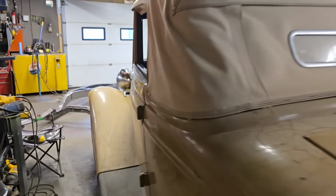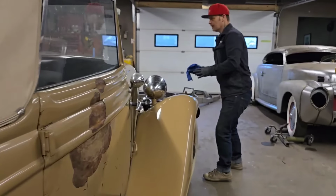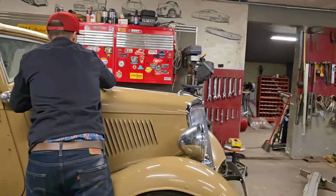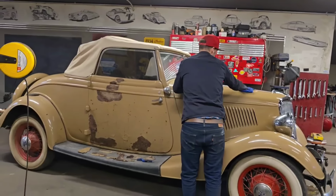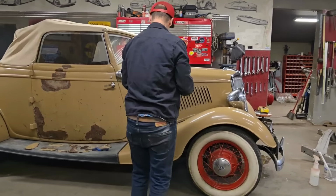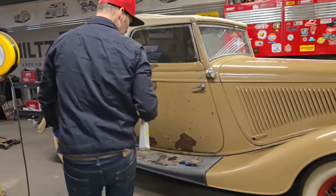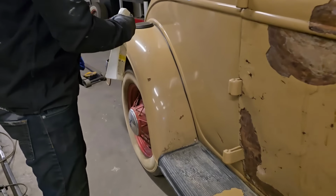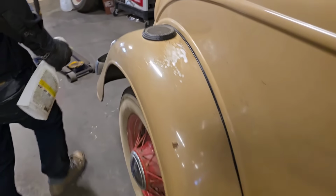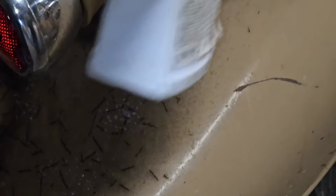I'm not trying to take away the patina, not one chance. But let's clean it, or I'm going to clean it and see what we got. And I'm going to try to make it look the best I can for what we have. And I've come to notice that what's going on here is the paint is cracked. Come back here. The paint is cracked. That's fine. I don't care if the paint's cracked. But you can see all these little black marks where the paint's cracked, that sort of stuff. If you want to come back here, there's all that stuff there. When I wash that fender off,